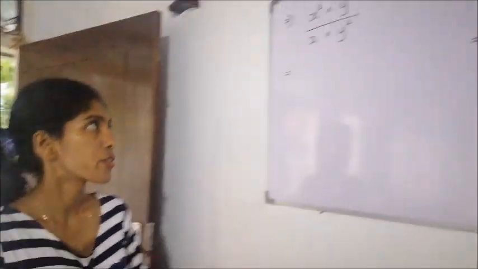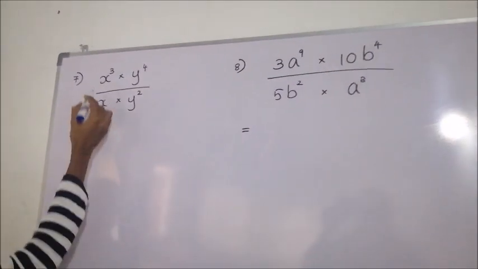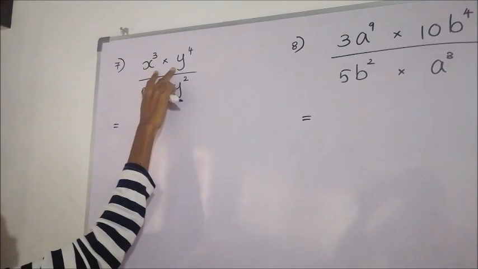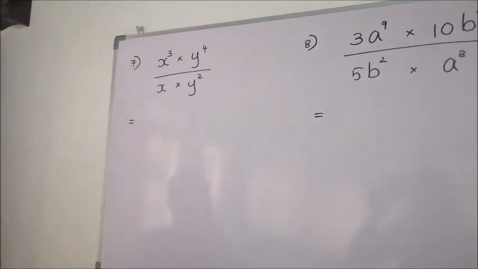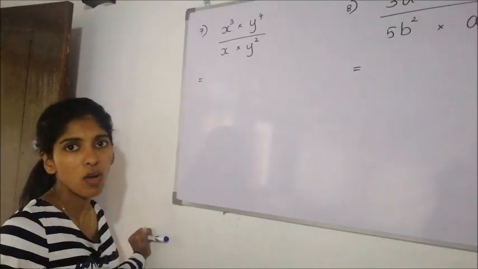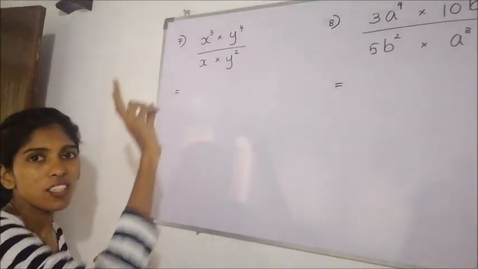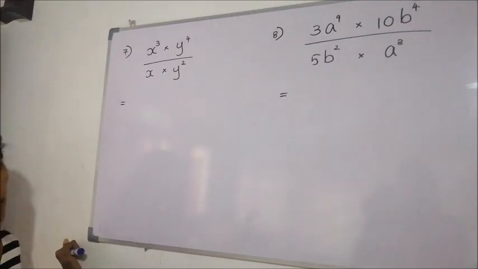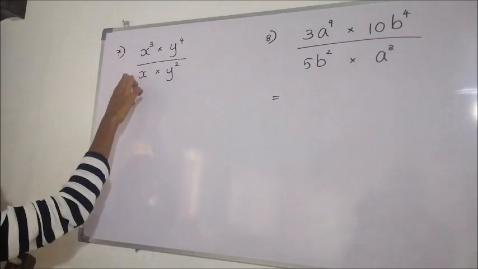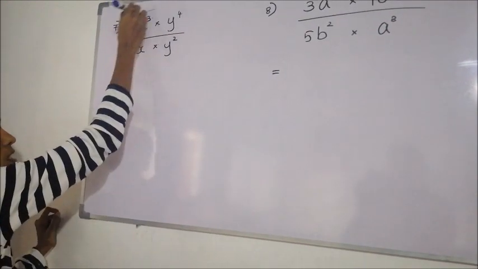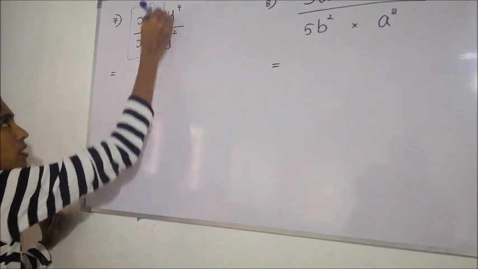Okay children, the next two examples. Check whether the bases are same. Right? Though these two are multiplied, we cannot add these two powers or these two powers. Why? These two are with different bases. So we cannot simplify different bases. Remember that only same bases can be simplified. So here we can see the bases are same. Here also bases are same. So we will simplify them separately.